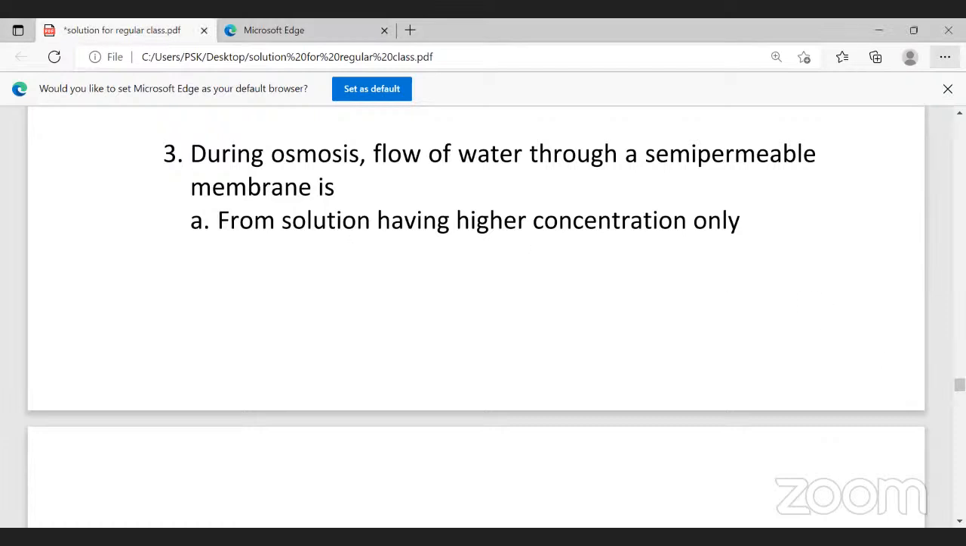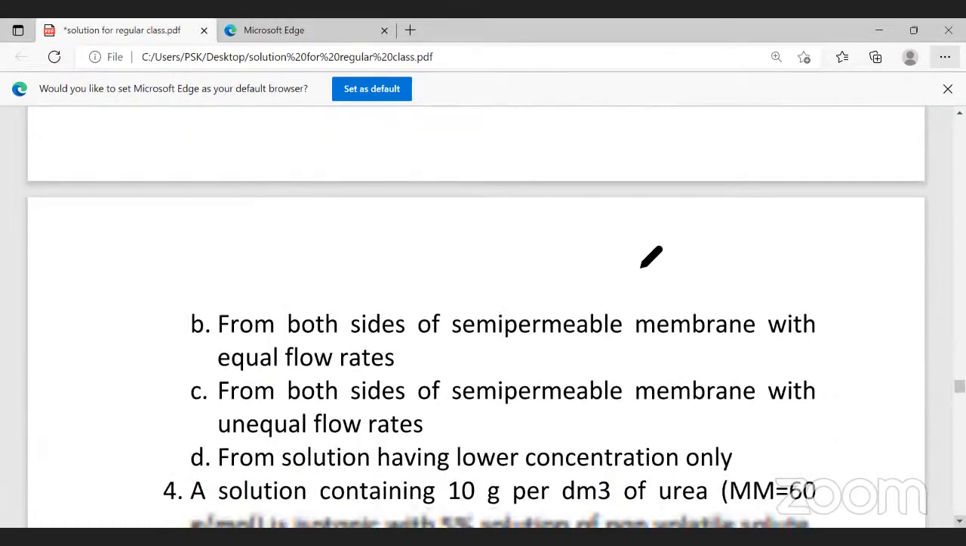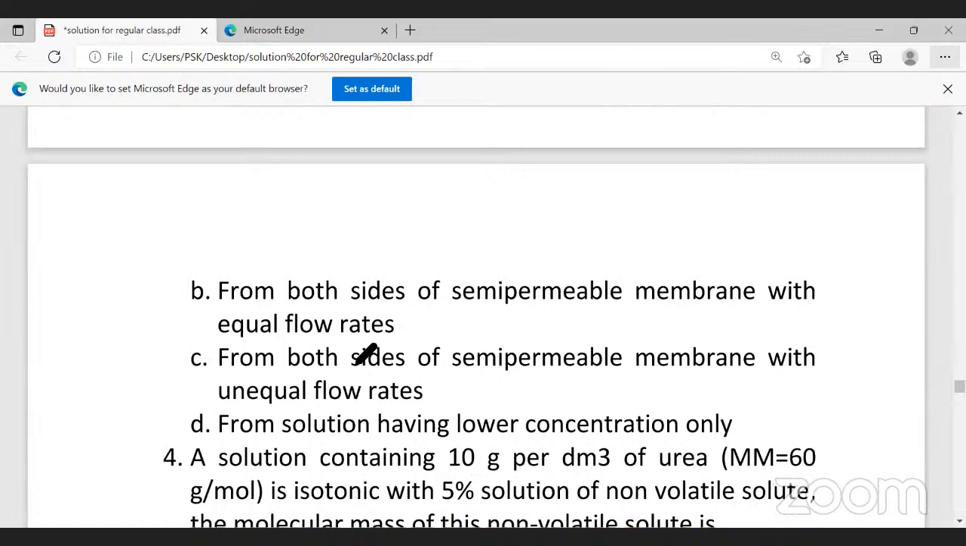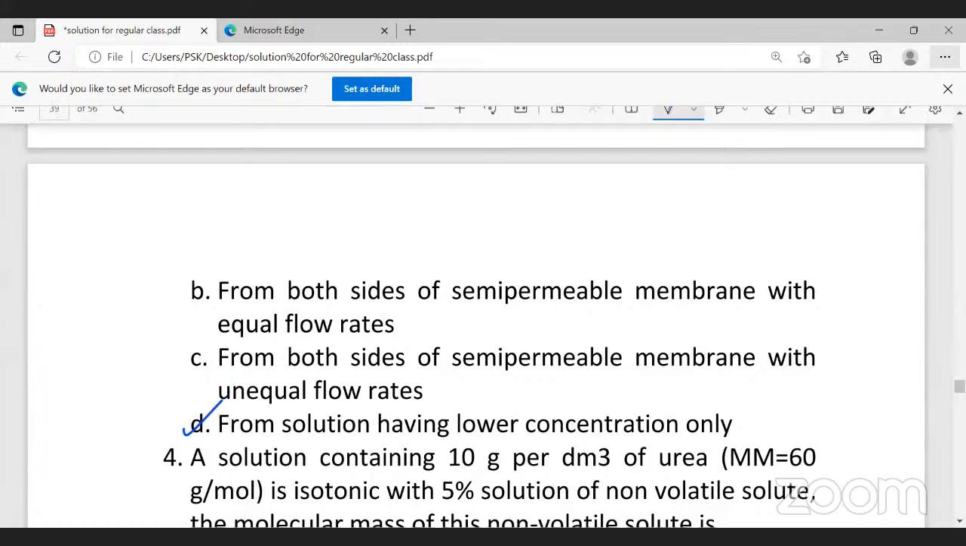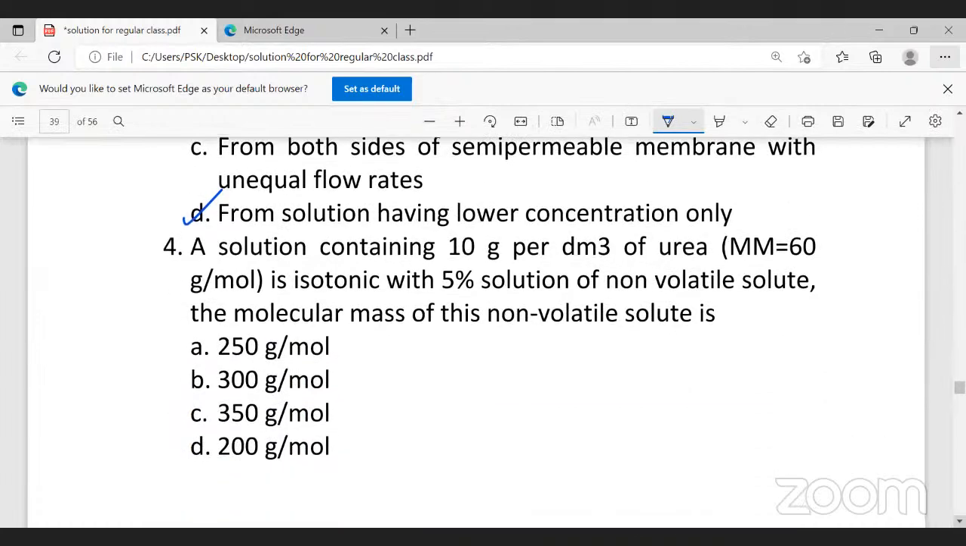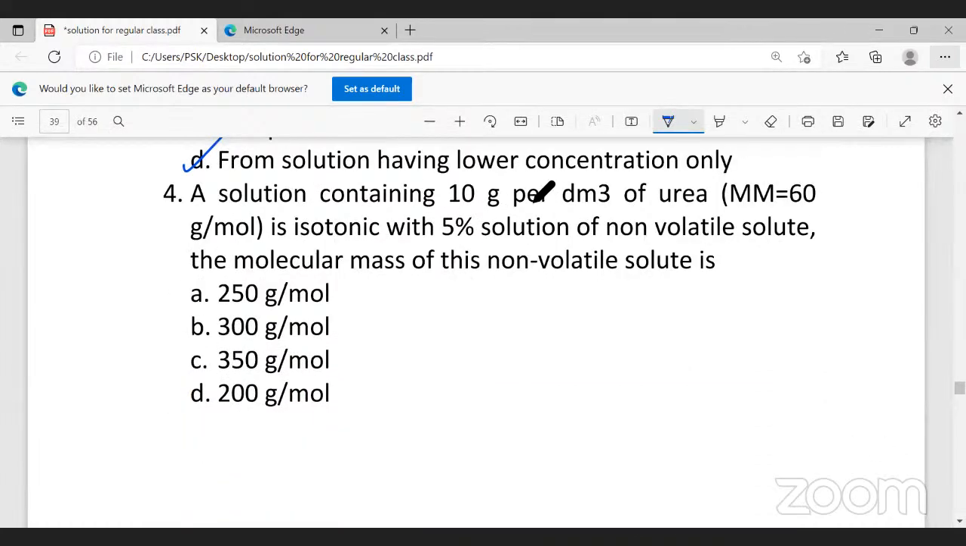Okay, solution having higher concentration only; from both the sides of the semi-permeable membrane with equal flow rates; from both sides of the semi-permeable membrane with unequal flow rates; from solution having lower concentration only. So flow of water through a semi-permeable membrane is from a solution having lower concentration. So movement of solvent particles from a region of lower concentration to a region of higher concentration is called osmosis. Therefore, the answer for this question is option D. Now we'll look into this question. A solution containing 10 grams per decimeter cube of urea, molecular mass of urea is 60 gram per mole, is